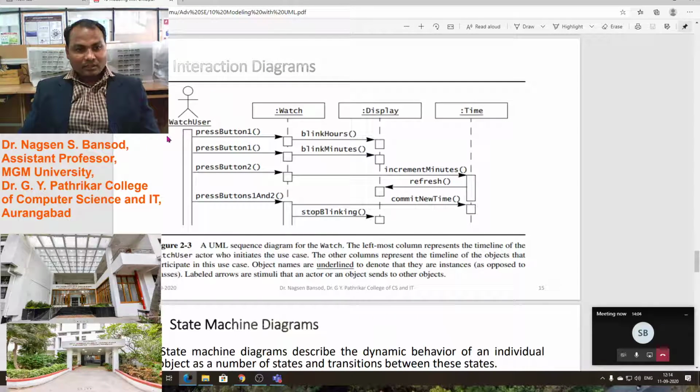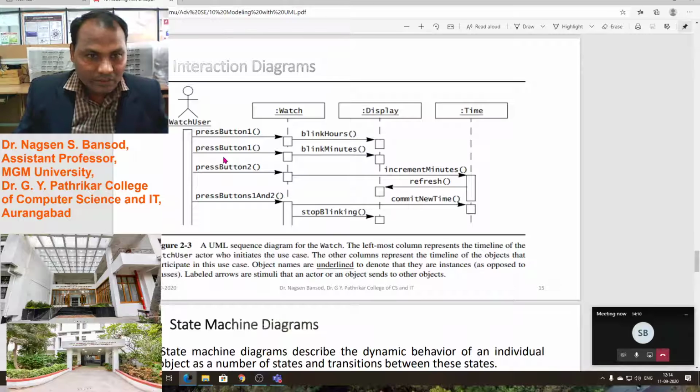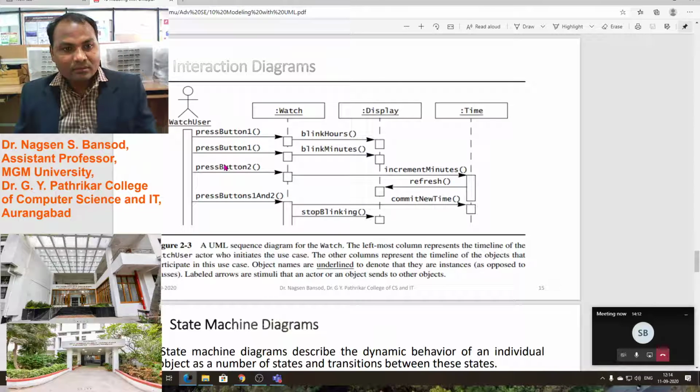In this, the stimuli represent one actor, the watch user. The watch user can set the time as well as the date. We already discussed these use cases in the use case diagram.